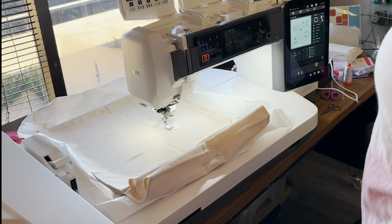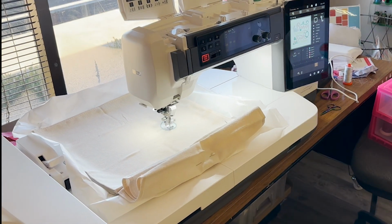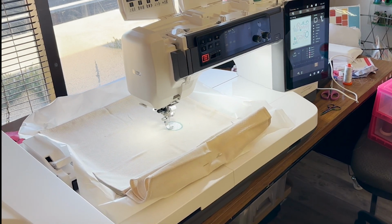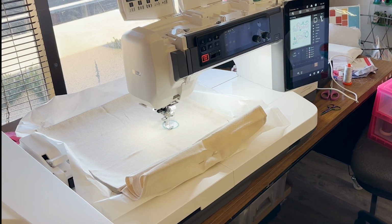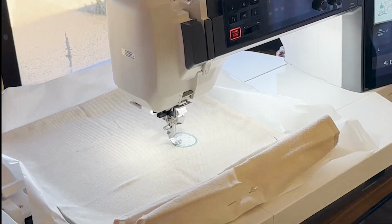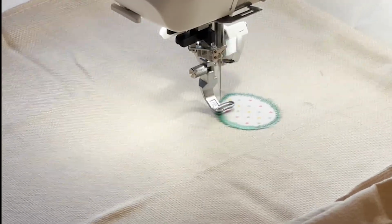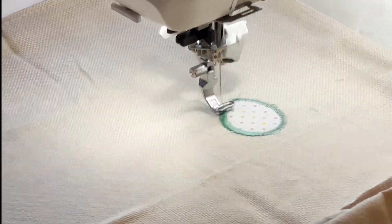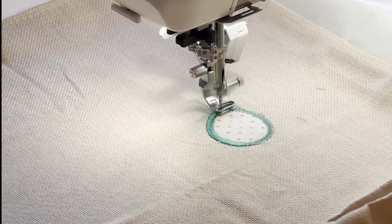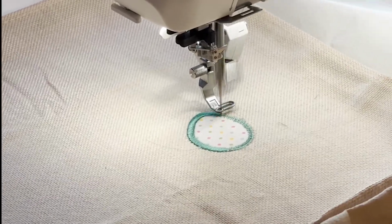And now it's time for that satin stitch, and this completes our Easter egg, and it's just great. Anytime I do applique, I'm going to have this machine or a machine like it do my appliques from here on out if I can help it, because why would I not? My sister describes it to people as, we used to churn our own butter, and that's great. We didn't have any choice, but now that we have the technology to buy butter in the store, we don't often choose to churn it ourselves. I know some people do, but nonetheless,